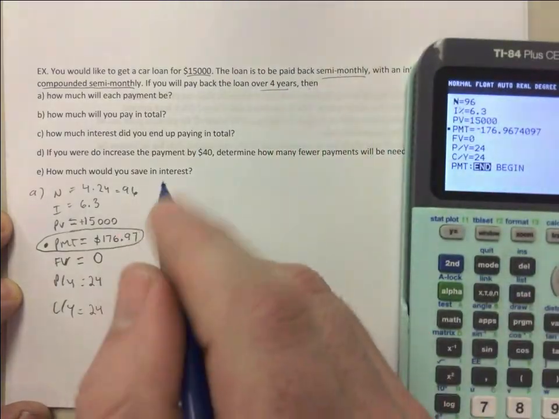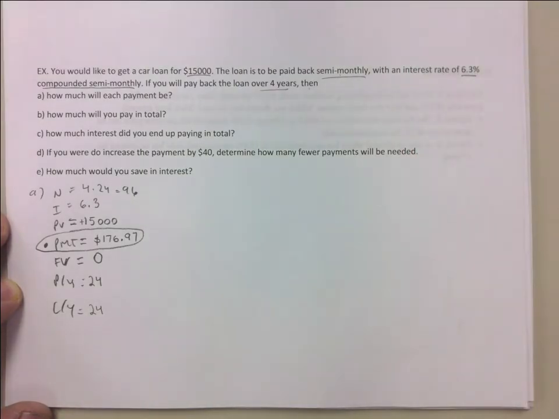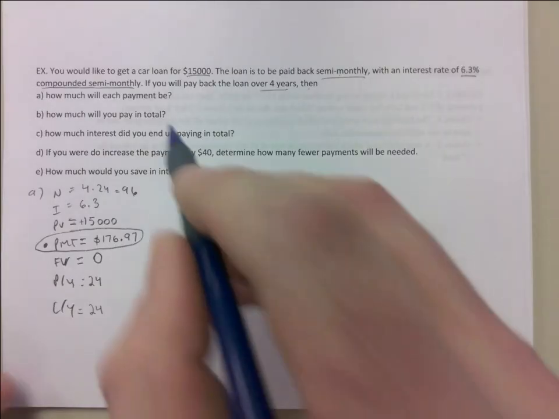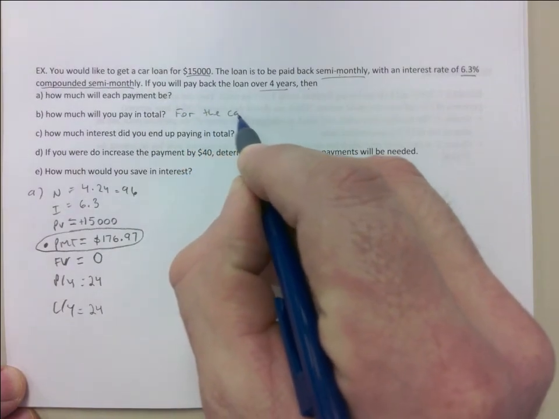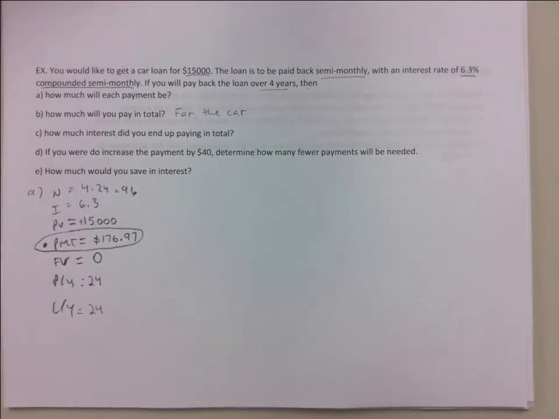B, how much will you pay in total? It doesn't say to the bank, just like how much will you pay for the car? I should have said, can we clarify that for the car? I wasn't quite clear there. So B